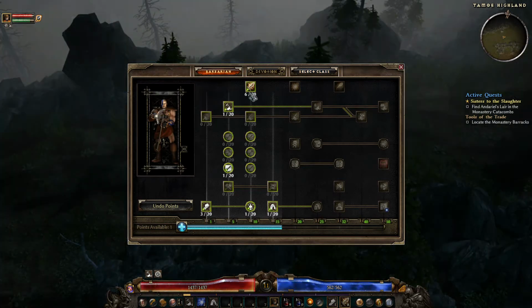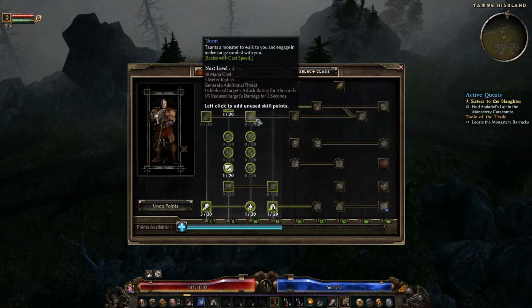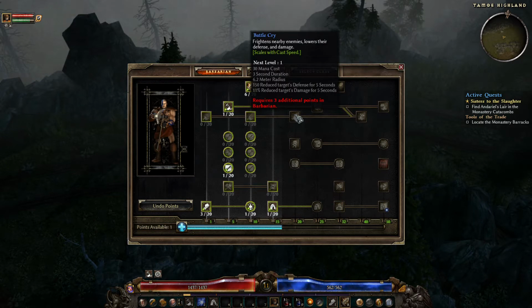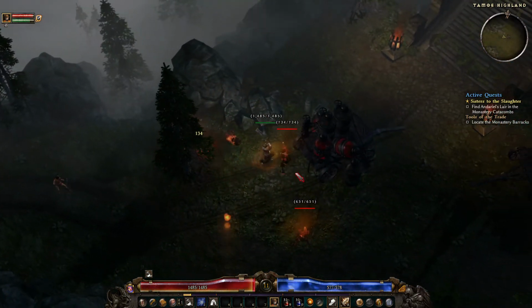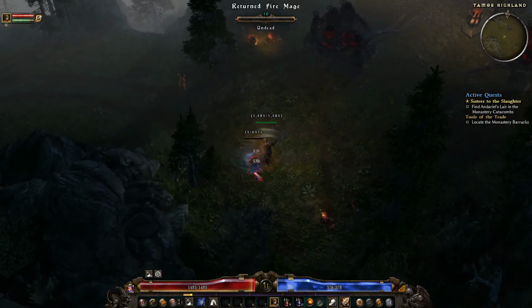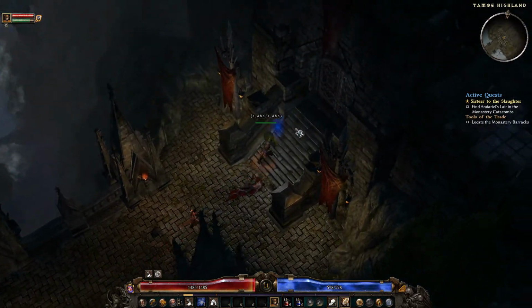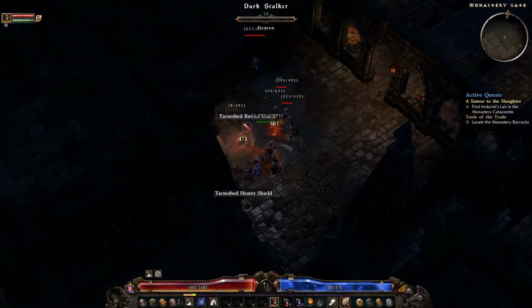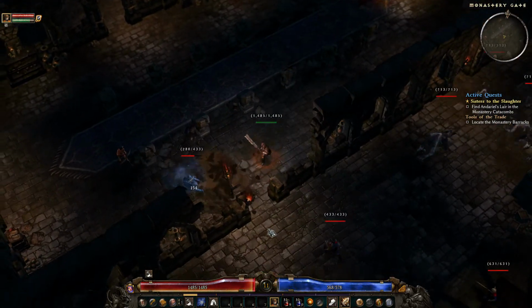And just focus on increasing our attack. So yeah, more points to the Barbarian tree, the main tree. Cool. Top portal here will be good. Yeah, this skill is definitely much more useful than double swing or